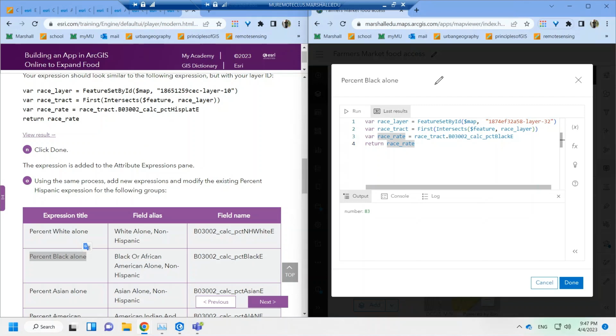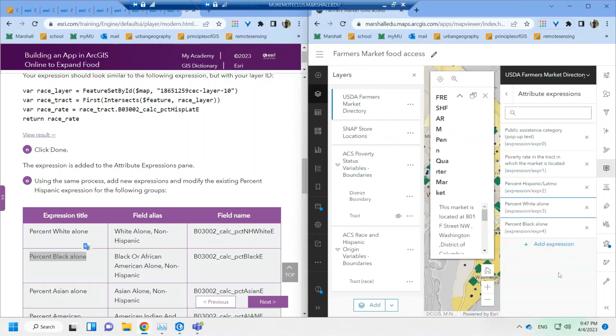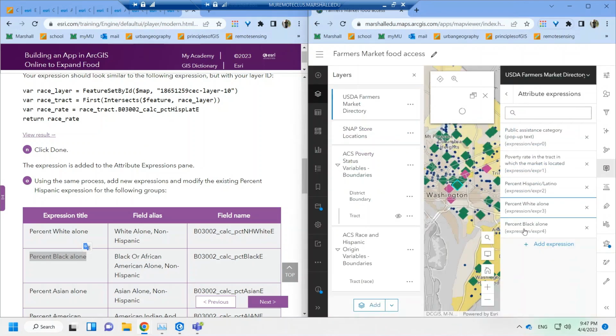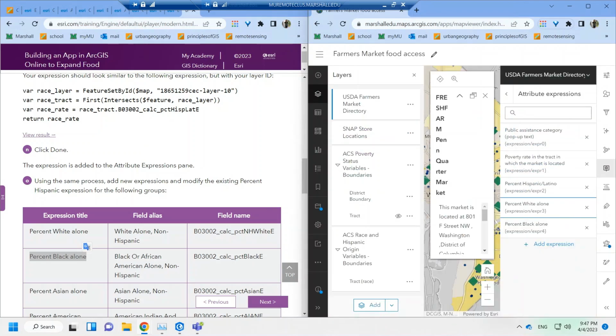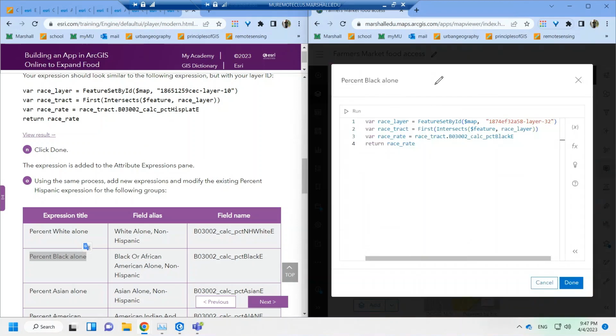I feel like maybe that's even kind of a too high rate, but okay, well,